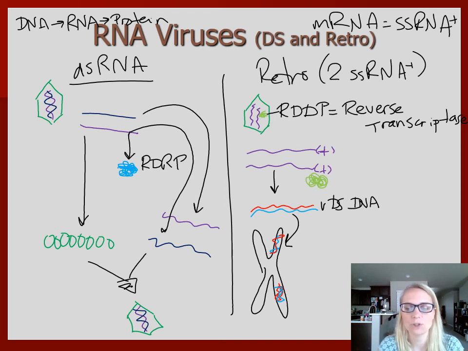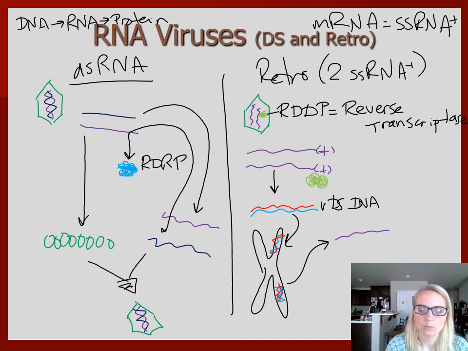But now we have the viral genome stuck inside this chromosome. Well, now what? How is it going to cause disease when it's stuck inside the chromosome? Well, just like our double-stranded DNA, when this virus is ready to present itself, it kind of lays dormant. It's called a latent infection or a dormant infection. It just kind of is hanging out in your chromosome, but eventually it will be expressed just like our double-stranded DNA gets expressed. So it's going to be transcribed into viral mRNA,